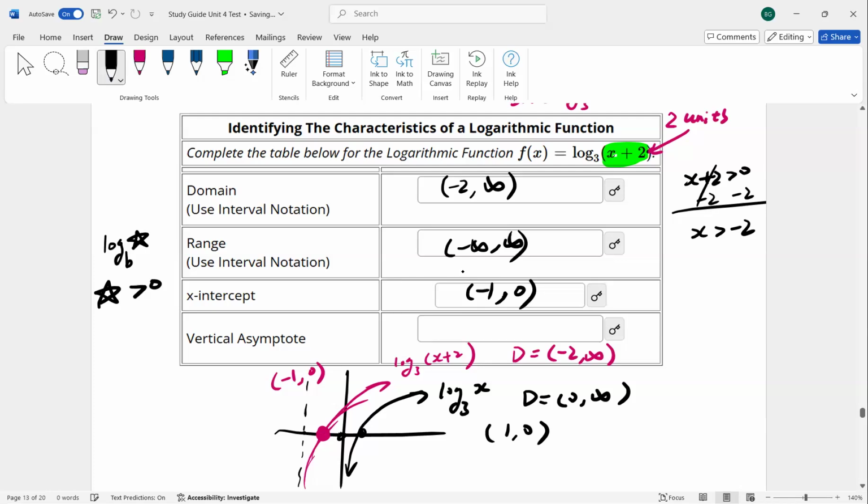Vertical asymptote. Since the mother function has a vertical asymptote x equals 0, the daughter function, after we move to the left 2 units, has the vertical asymptote x equals -2, right? Yeah, it's right here. This is the asymptote. So x equals -2. And then